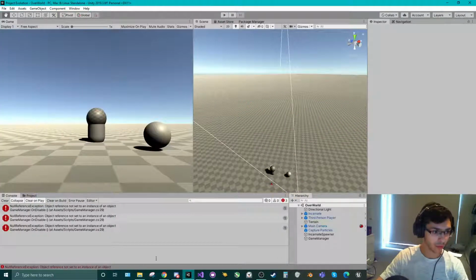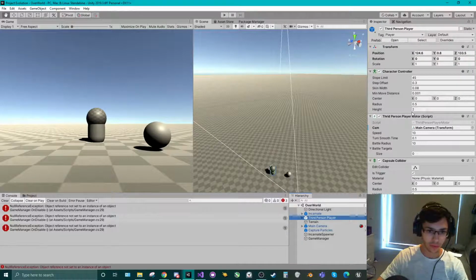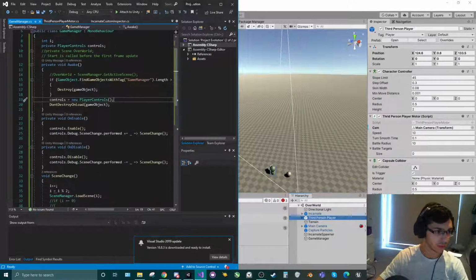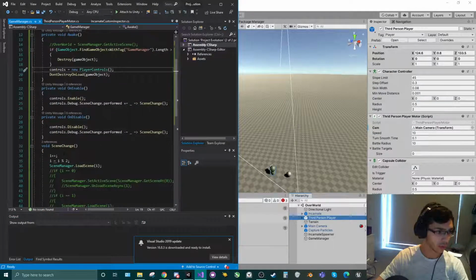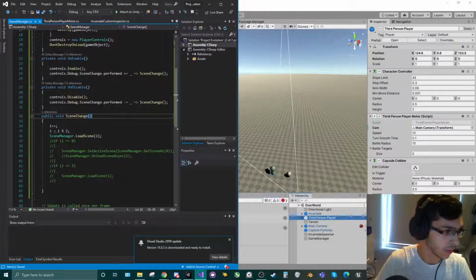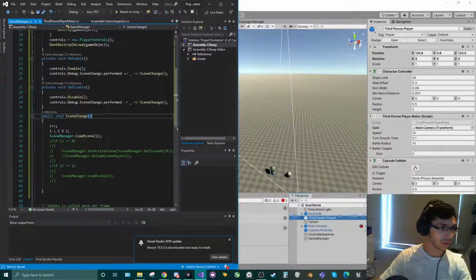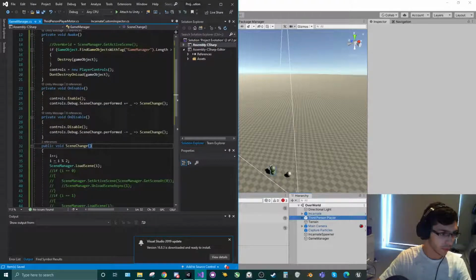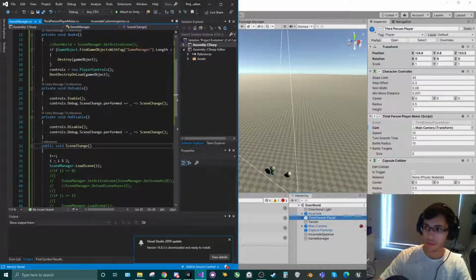Yes, so that's what I've got so far. First things first, we're going to make it so that the player will be able to trigger that event. Now, what did I call it? Yeah, we should call it public void SceneChange. And instead of this very simple toggle, we should actually give it a